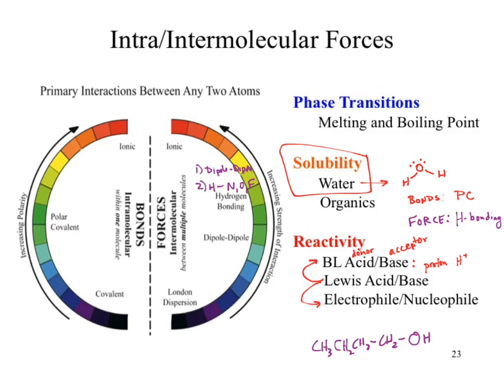When we move to electrophiles and nucleophiles, still acceptors and donors, except now what we're looking at is electrons. Your electrophile is electron loving, so it is an electron acceptor. A nucleophile is an electron